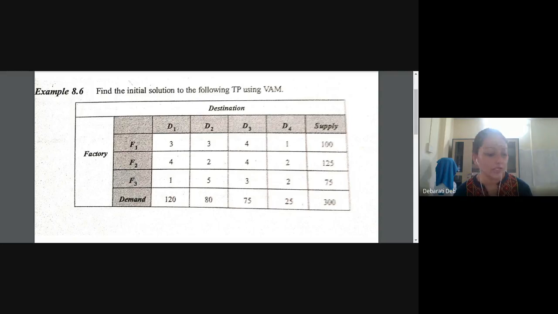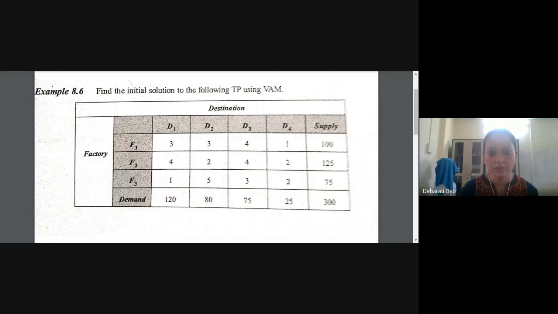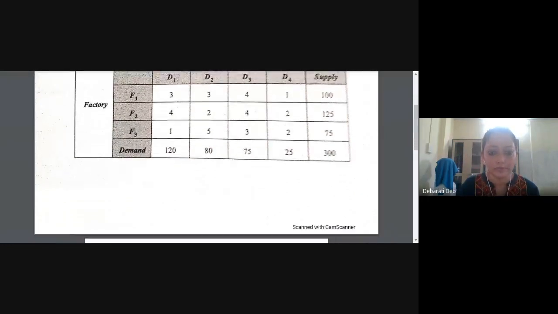When you receive a transportation problem, our very first step is to see whether the problem is a balanced one or not. If you check the summation of the demand side and the supply side, they are coming as 300. The totals of both sides are 300. That means our problem is a balanced one, and that indicates the existence of a feasible solution. Write the questions afterwards, after the class, leave some space and then write the solution.